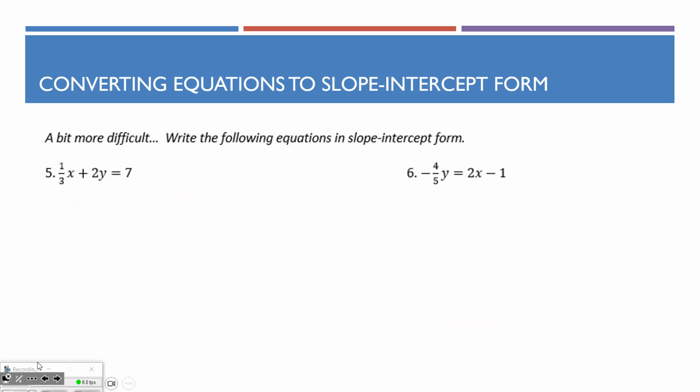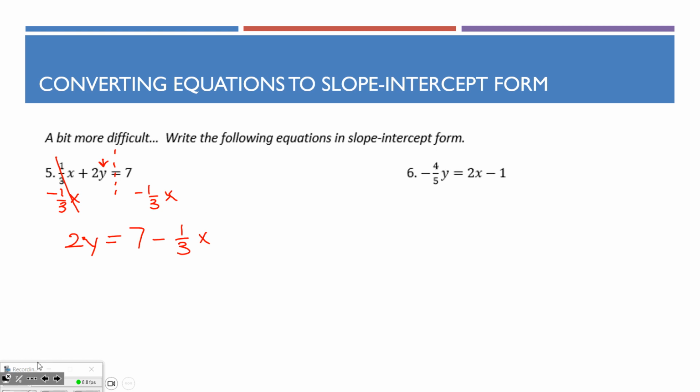So these might be a little bit more tricky. Sometimes you might have fractions or have to do other things, but it's all really still the same thing. You're trying to get y by itself. Here's my equal sign. Get rid of this 1/3 x. I can do that by subtracting 1/3 x from both sides. So I have 2y equals 7 minus 1/3 x. And now my next step to get y by itself is I would divide both sides by 2. If you don't like the idea of dividing by 2, because now I have this fraction, 1/3, that I'm going to have to divide by 2,